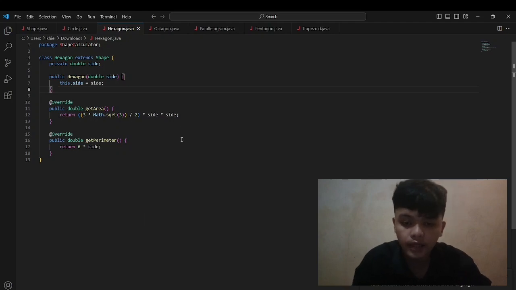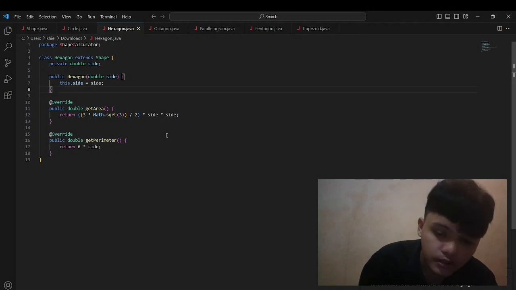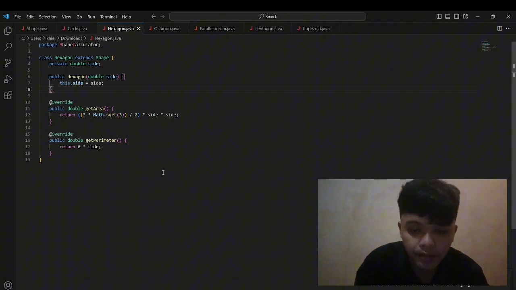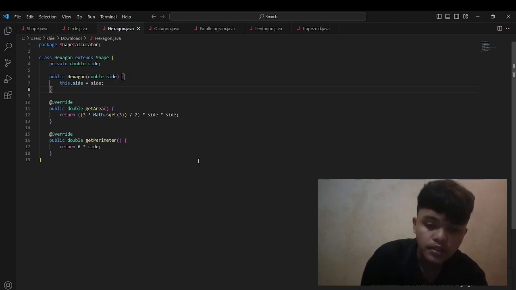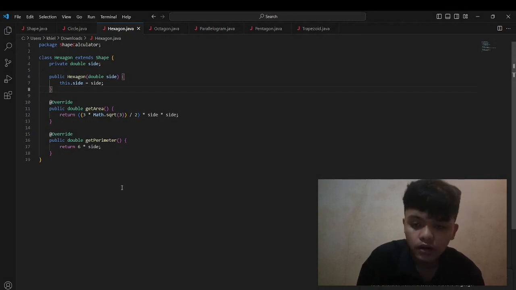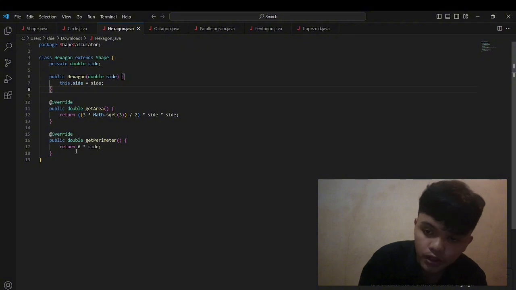The getPerimeter method is also overridden to calculate the perimeter of the hexagon, which is simply 6 times the side length. Override public double getPerimeter, return 6 times side.